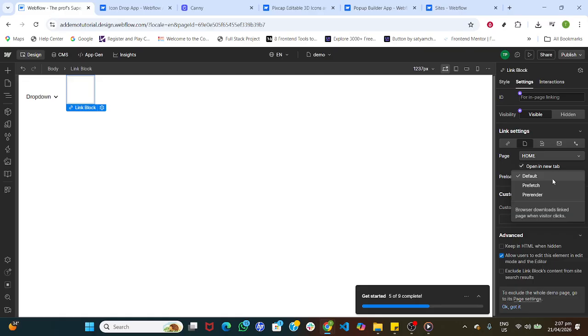You'll also see a link behavior option with choices like Default, Prefetch, and Prerender. Default is the safe, recommended setting for most links. Prefetch can speed up perceived load times by quietly fetching resources after the page is idle, which can help for frequently visited pages. Prerender goes a step further by rendering the next page in the background, which can feel instant